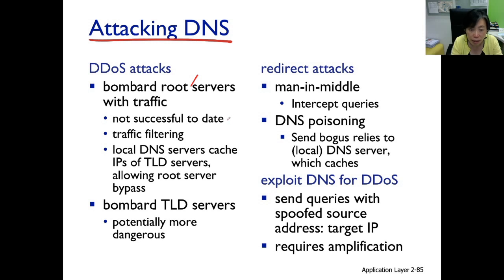But nowadays, it's hard to pull off, mostly because the local DNS servers will cache the TLD servers. This allows all the local servers to bypass the root server entirely. So there's not much traffic going to the root. If the zombie machine sends a lot of queries, chances are high that they'll only go to the TLD instead of the root. Not to mention that one could set up firewalls